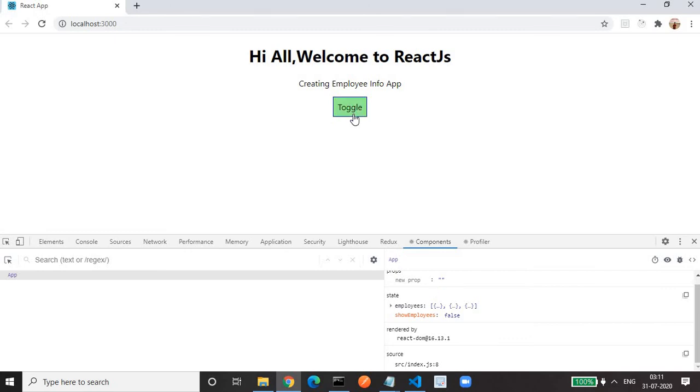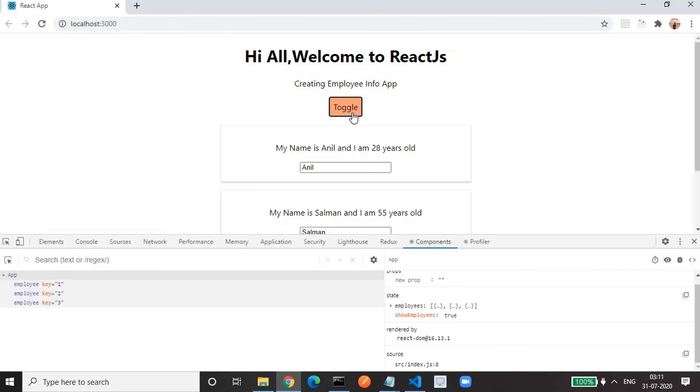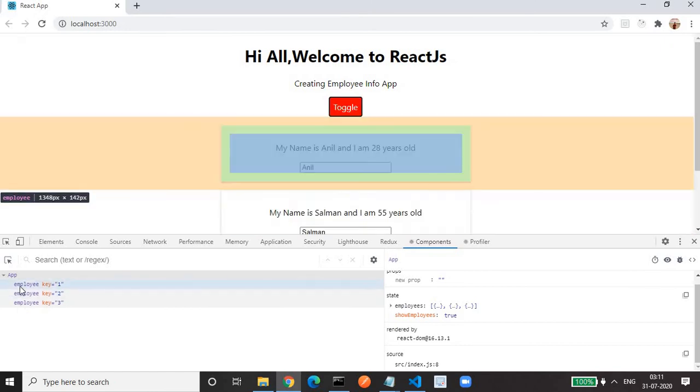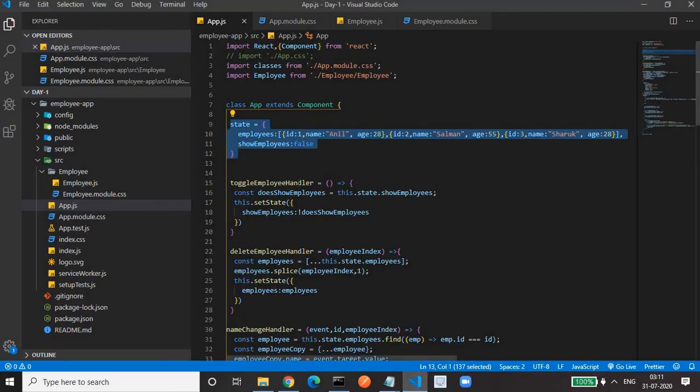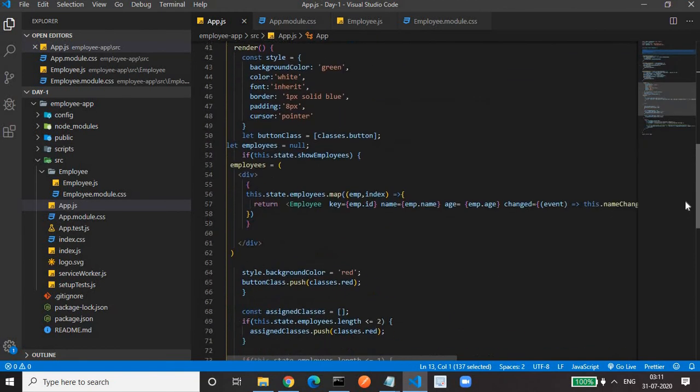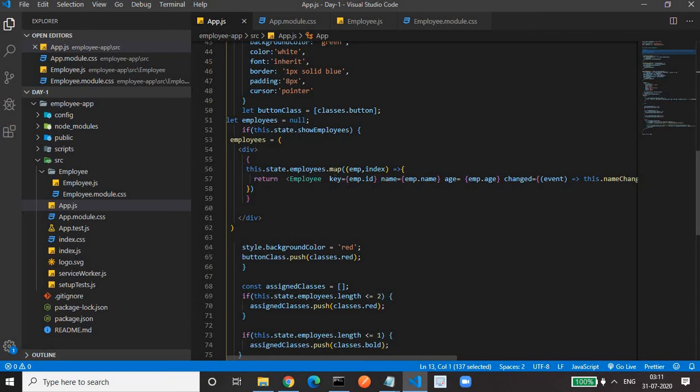Then let me toggle this so that we will get the employee component. On toggling, we are getting 3 employees, so that's why we are getting 3 employee components with different keys. We have provided different keys because these employees are generated dynamically using array iteration, by using the map operator.